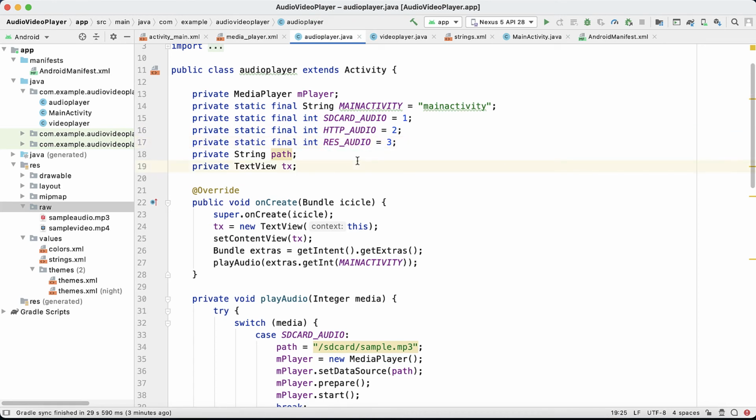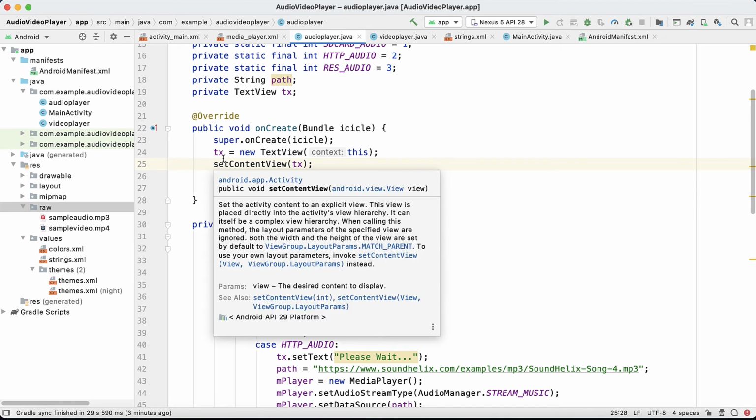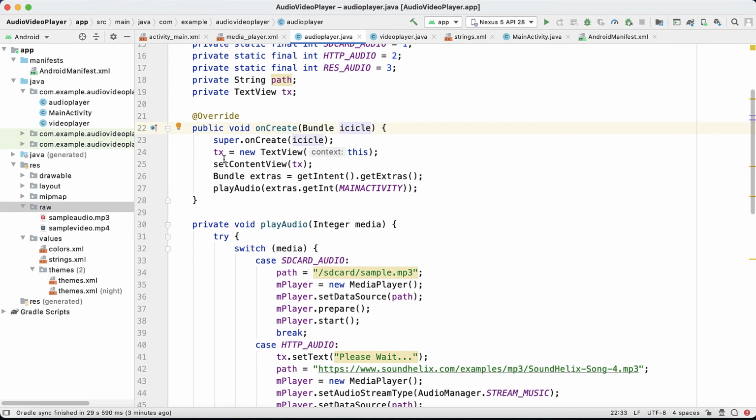Now we have the onCreate method already in this application. In that, we are going to have one text view, and some bundles, getIntent and all that.